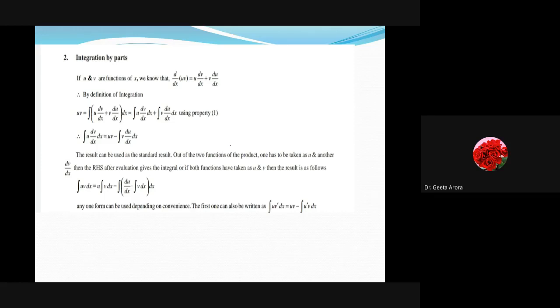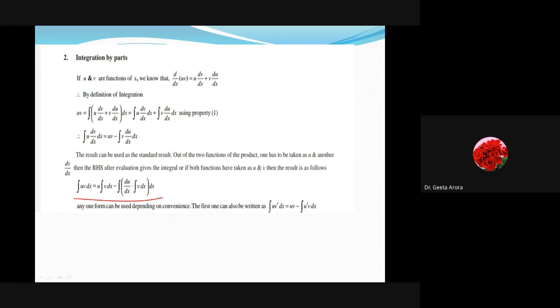As we have seen, if we have u and v as functions whose derivative has to be obtained, how to write it down? We can write down derivative of uv is equal to u into derivative of v plus v into derivative of u. Correct? Now we are using the same formula for the integral to find out how to integrate a product. But here we are going directly through the formula. We are not going for the derivation. Just we can note down this one.